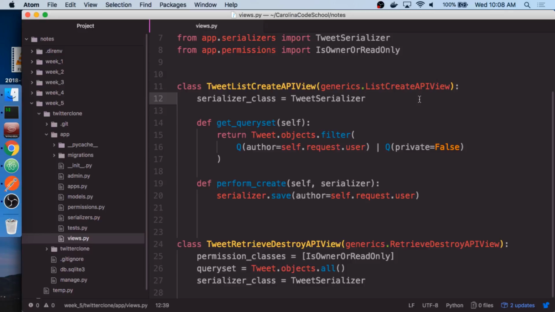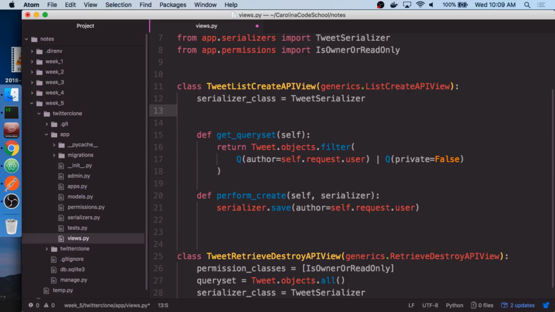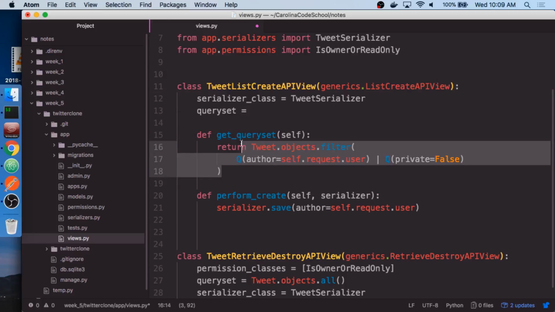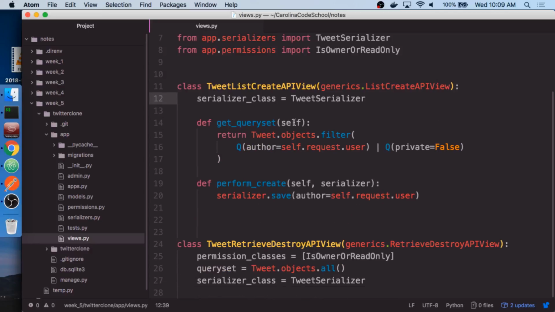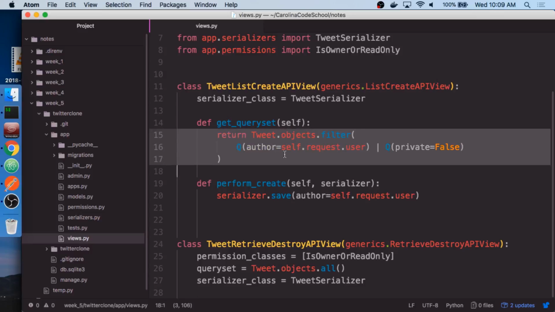If we didn't have anything with the user here, we could get away with having it just be the queryset variable. Why can't you access self from within the class? Well, no, you actually can't. You can't do queryset is equal to this right here, because there is no self variable defined here. You could set class variables outside of here, but if you ever want to refer to self, which is the actual instance of it, you have to put that within a method.